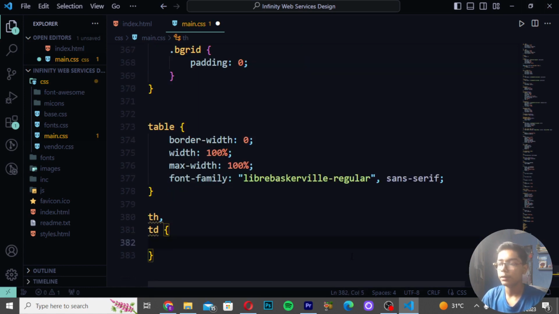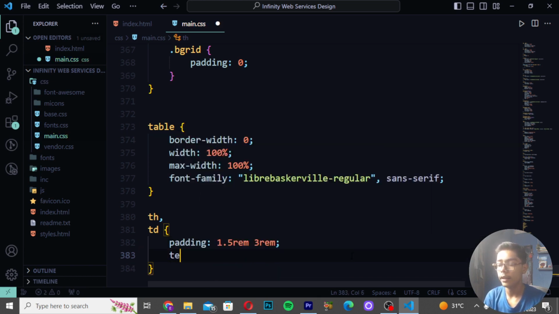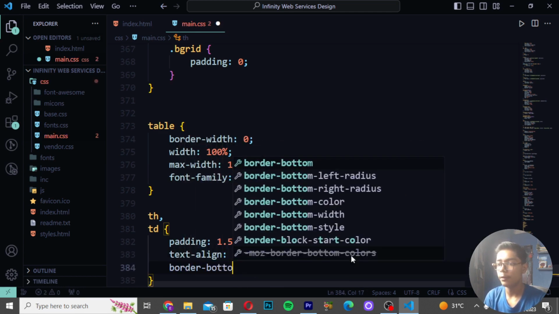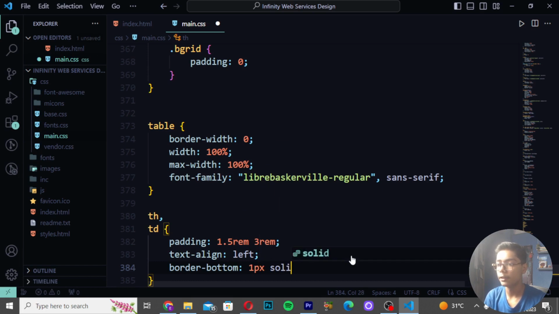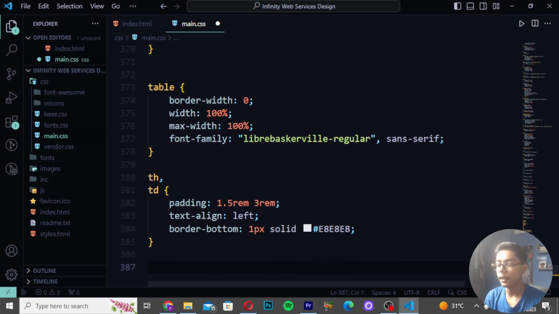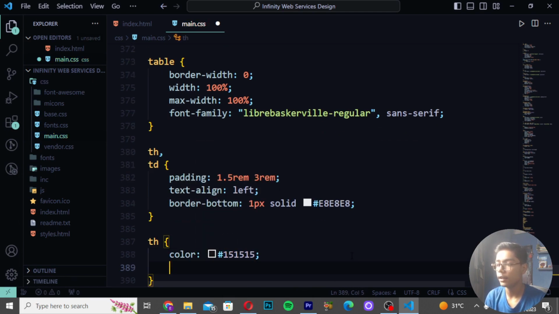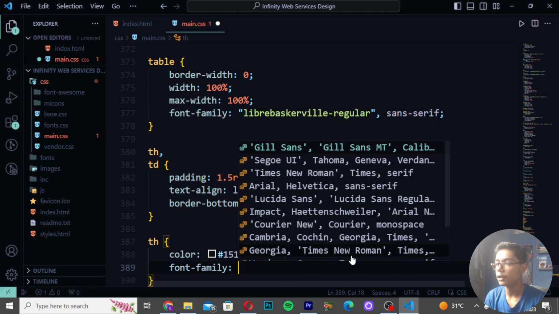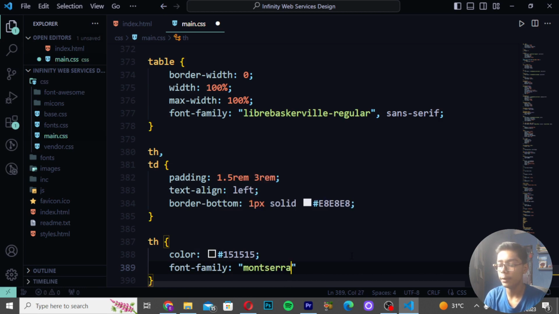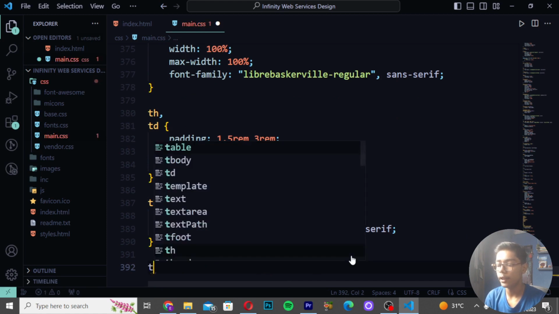which means the table columns and table rows which we are defining, and then here I will be writing the padding, which will be 1.5rem and 3rem. Right here text-align, which will be left, not in center. Then here you have to also write border-bottom 1 pixel solid, which will be #E8 but in capital. Then here I will be writing th color, and here I will be writing 1515 like this. Right here font-family, which will be Montserrat. So here I will be writing Montserrat, bold, sans-serif,